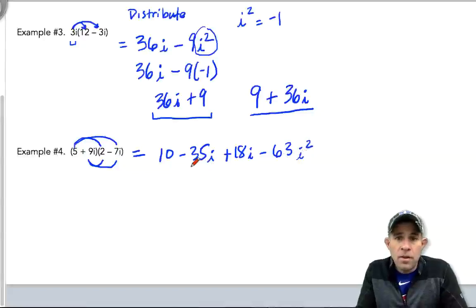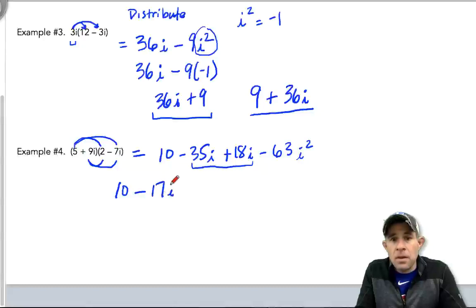All right, now let's simplify by combining some like terms here. I have a positive 10 and a negative 35i, and a positive 18 is going to result in negative 17i. And then